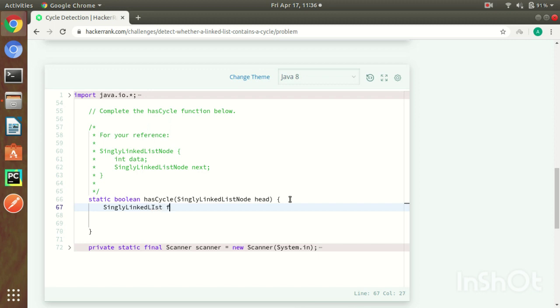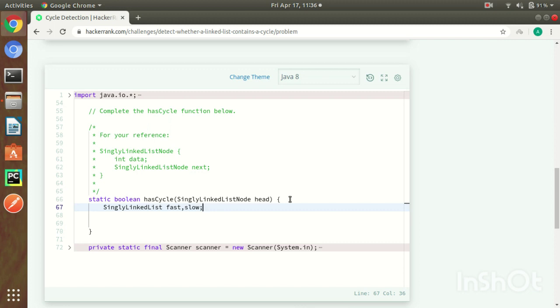I'm going to create two pointers, one is fast and another one is slow. Two pointers have been created.